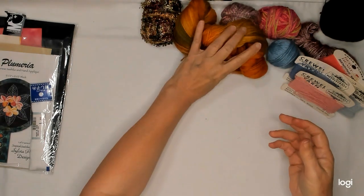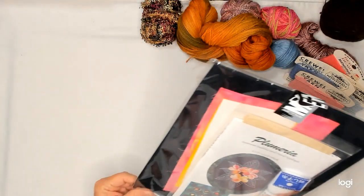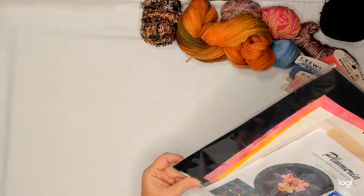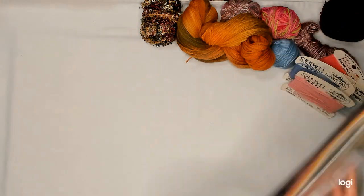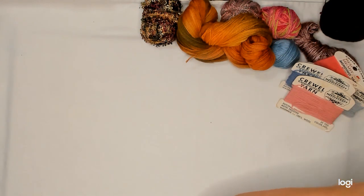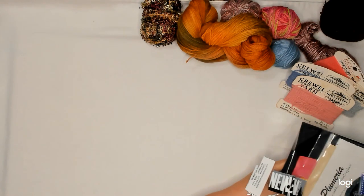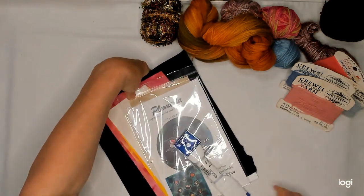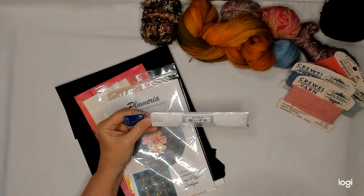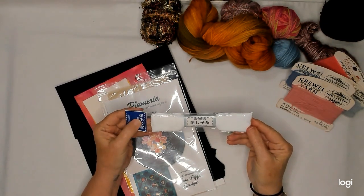Anyway, that was that. And then I found this, and I'm going to take it out of the package because if I don't, it's just going to blind you because it's so... Okay. I'll just take the whole thing out. I got a thing of Shishiko thread,